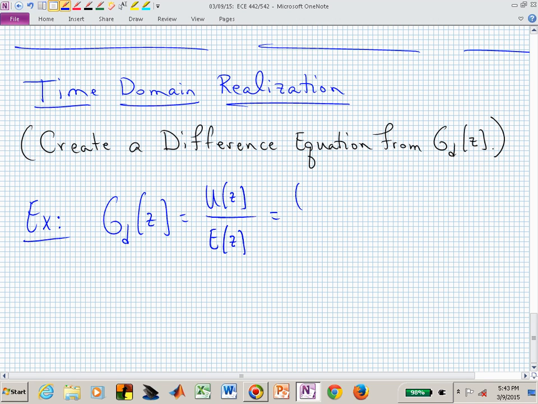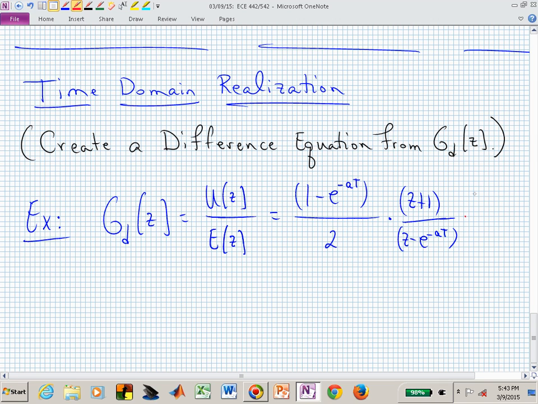We derived that that's 1 minus e to the minus aT. That's just a numerical value once you know the sampling period capital T and the pole location a. That was over 2 times (z plus 1) over (z minus e to the minus aT). And if we're wanting to take that into the time domain, sometimes it's easier to work with delays versus advances. And since this is only first order, because the denominator has a polynomial factor in z to the 1,